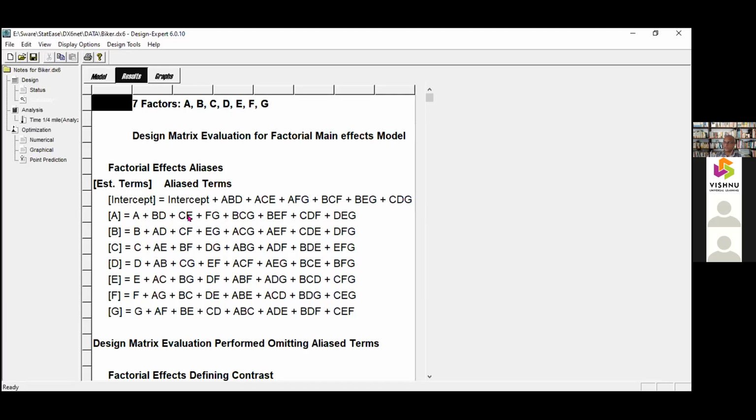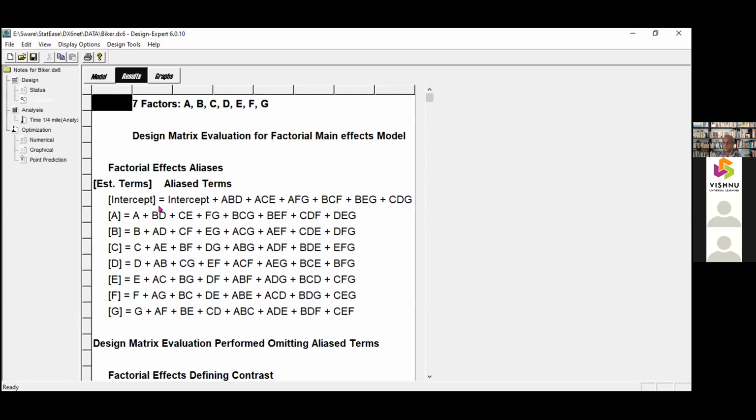We don't know whether B is significant or EG is significant. It can be because of B or because of EG. So now we have to do additional experiments to distinguish between the two. And then finally, the significant effects should form a full factorial. Then it is simple. So at this stage, you should not be going to the journal. You have to do additional experiments to distinguish between the factors, then make it a full factorial, and then do a confirmation experiment. At that stage only, it should be published.